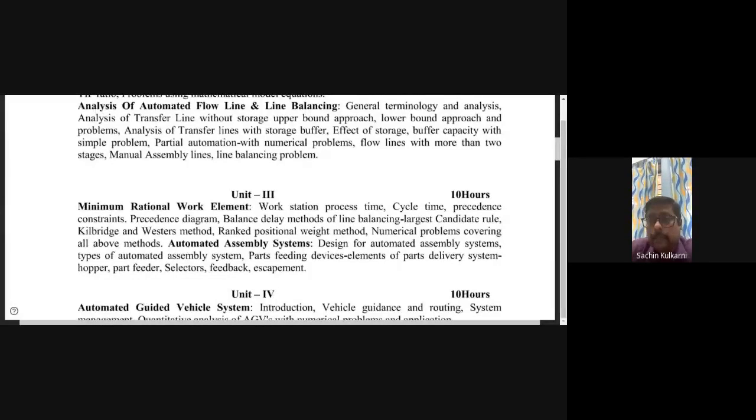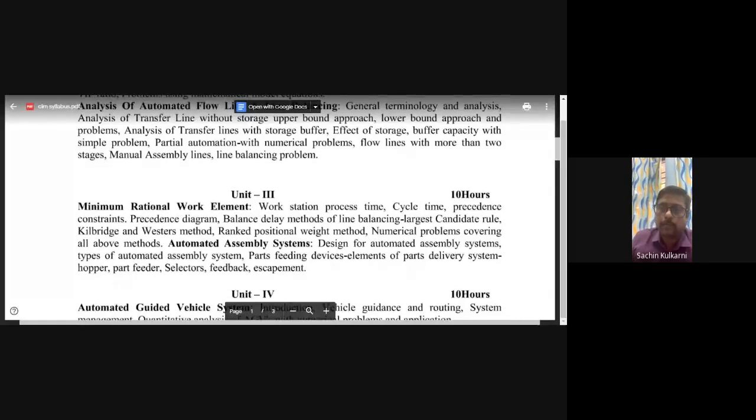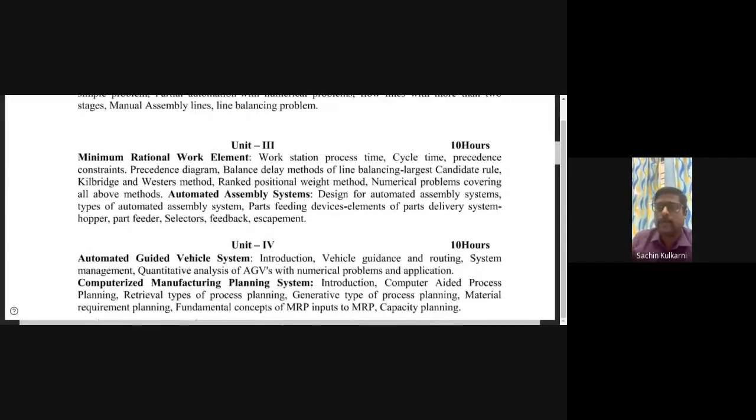How you are going to balance the line, what is the delay in the balancing of that line, what is the efficiency of that line, and how you calculate the service time, using the given data. With these 3 methods, we come to know how much is the delay or what is the efficiency of that line, by allocating the work elements to the different stations. Let's say I calculate with the given data in front of you, and we want to balance that particular line.